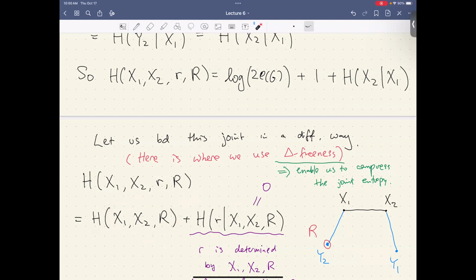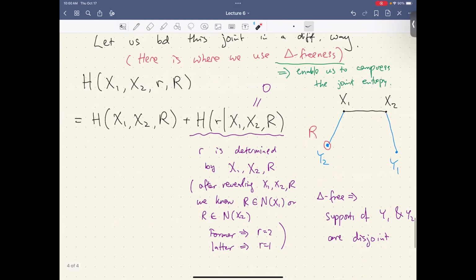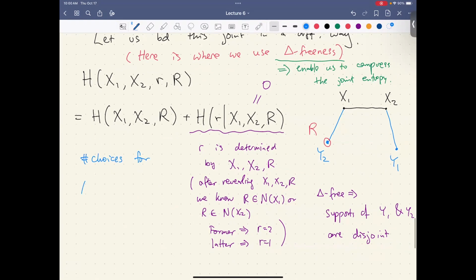So let's look at all possible choices for X1, X2, and R. The number of choices for X1, X2 is obviously